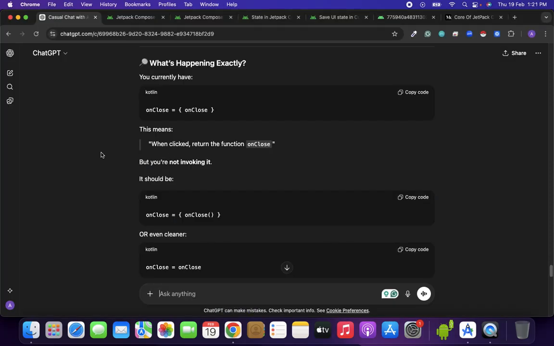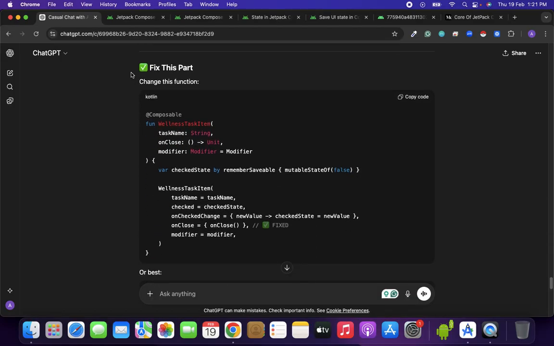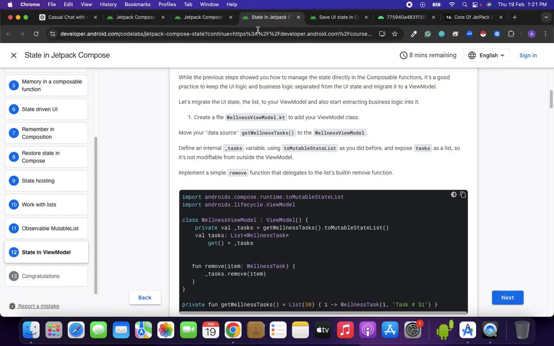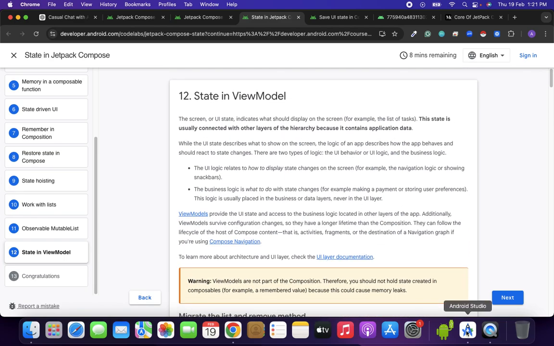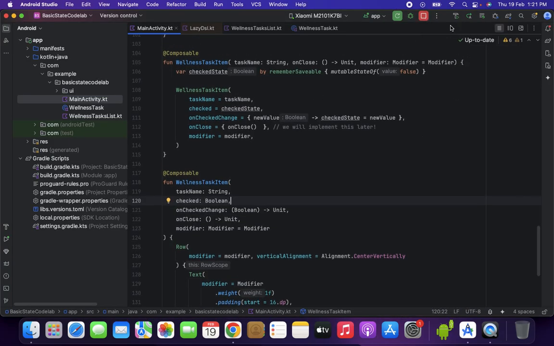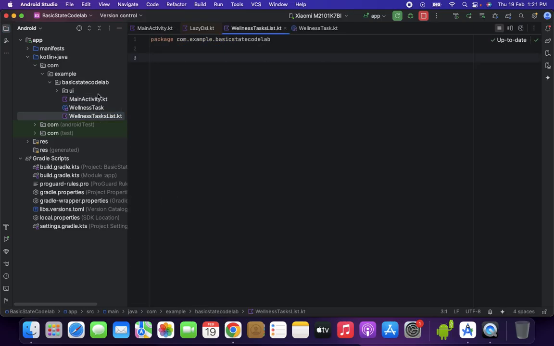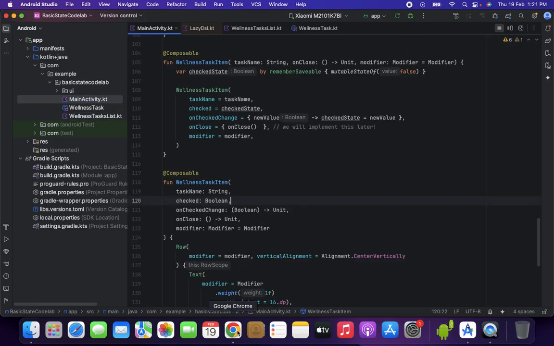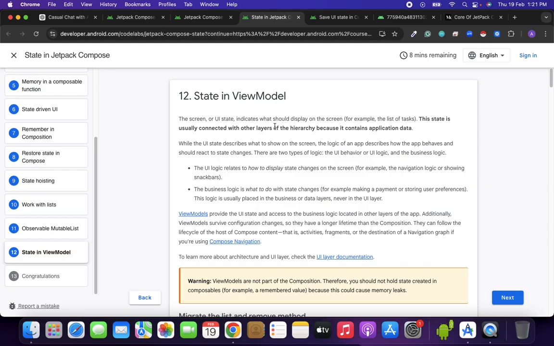Let's now go to the view model. The screen or UI state indicates what should be displayed on the screen, for example, the list of tasks. This state is usually connected with the other layers of the hierarchy because it contains application data. While the UI state describes what to show on the screen, the logic of the app describes how the app behaves